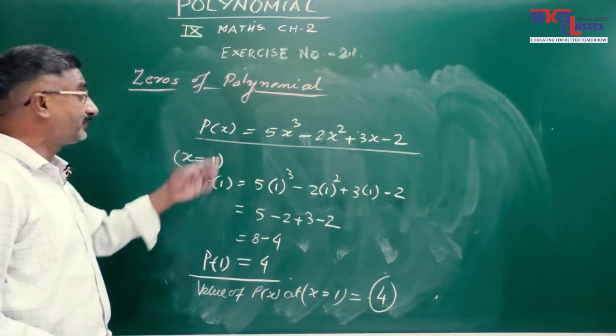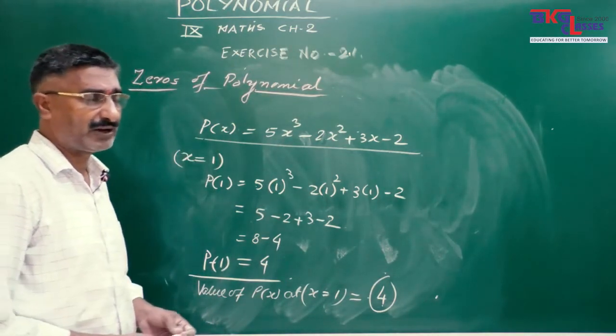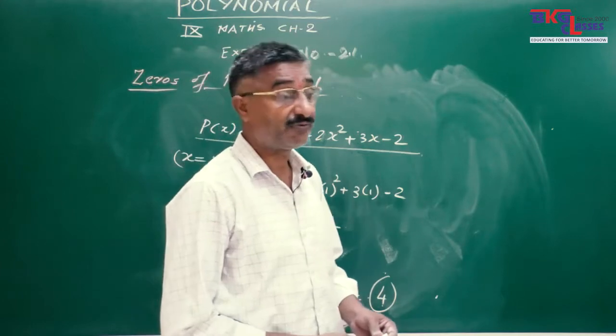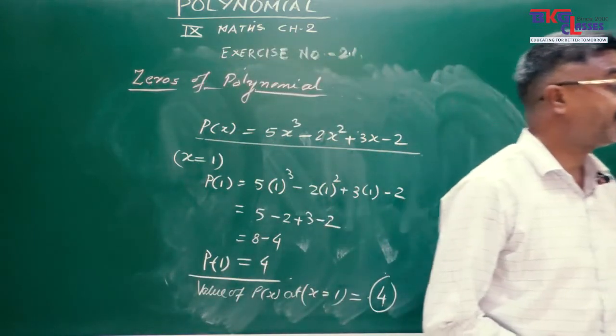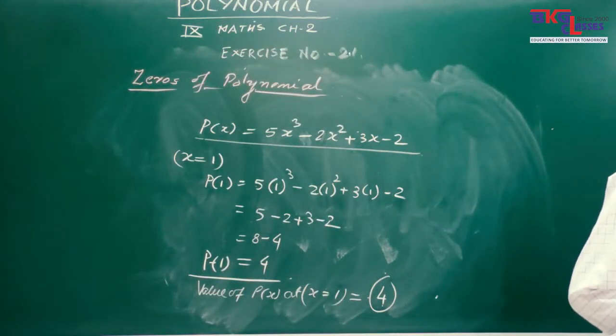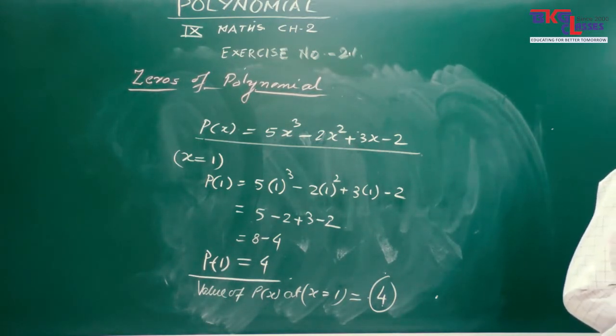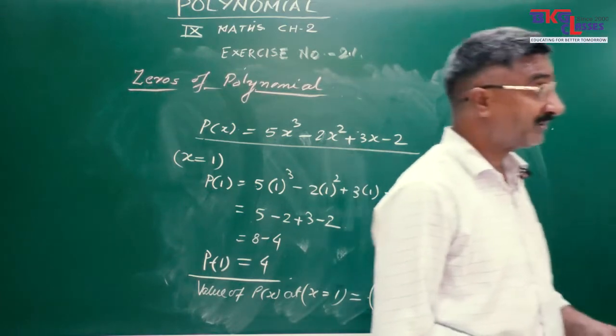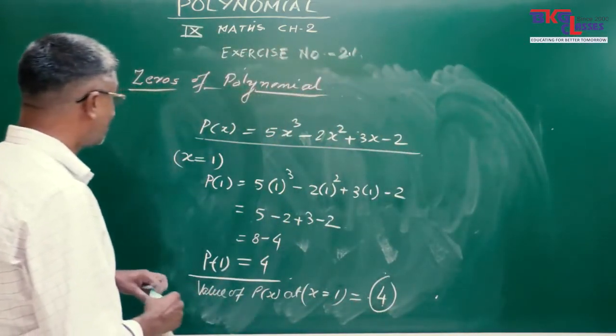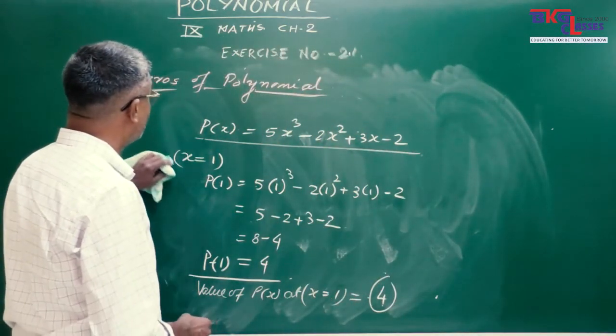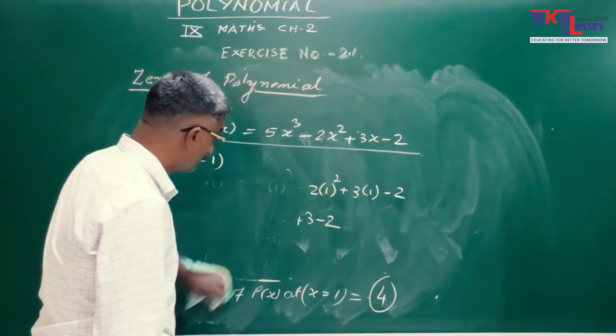Here the value of x we can substitute 2, 3, 4, 5, any value, you can get the value for that polynomial. So, in your book here they have substituted the value of x = 0. So, it is very interesting to find this by substituting x = 0. What will you get?